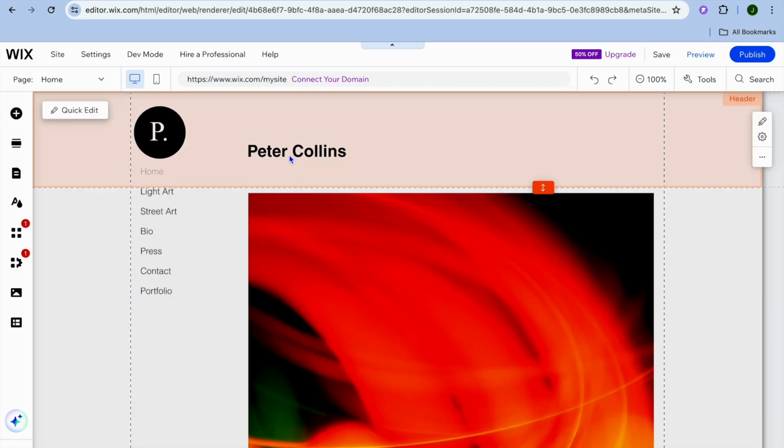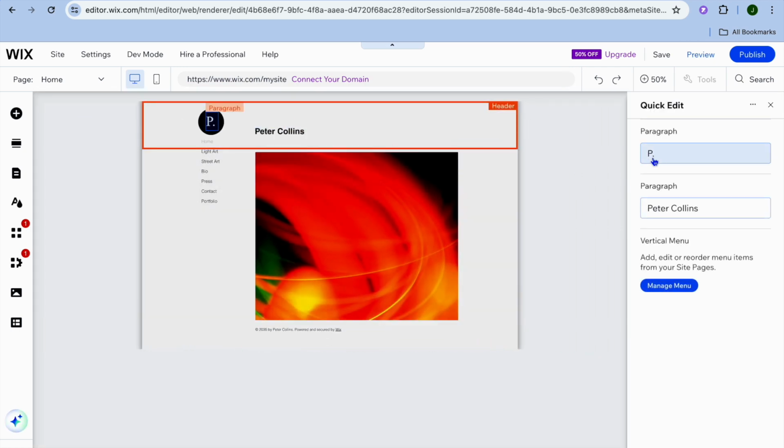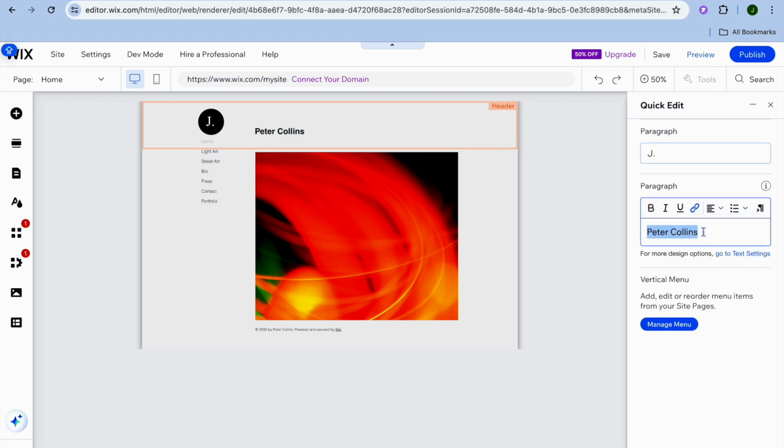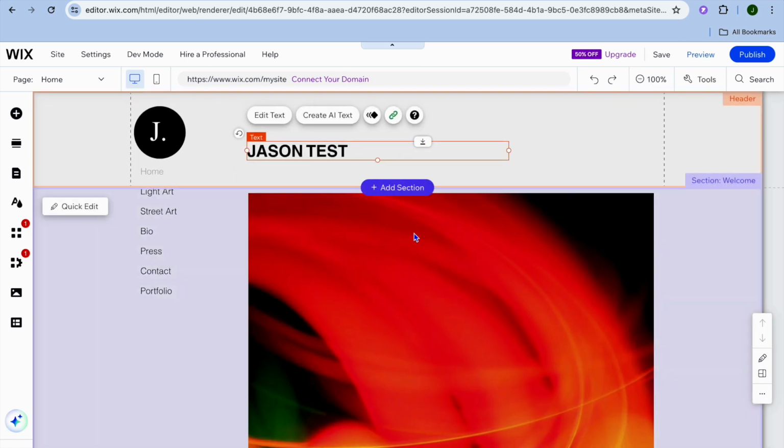To customize it, you can simply hover over any section you'd like to change, then tap on Quick Edit. Then for example, I could change this right here. So let's say I want to change it to J. And then from here, I could also change the name. So I'm going to change the name real quick. After you have done that, you'll simply tap on the X in the top right hand corner